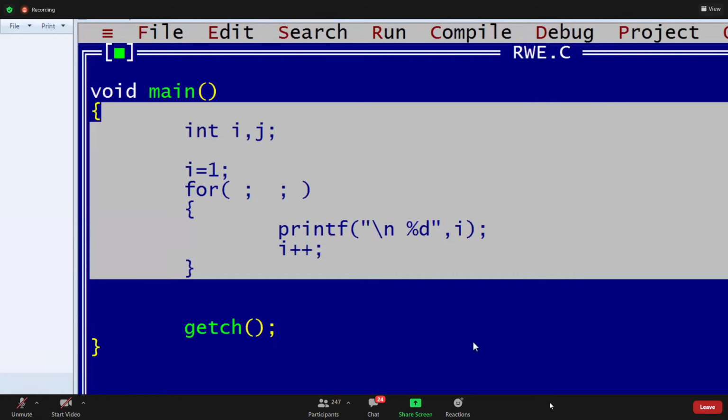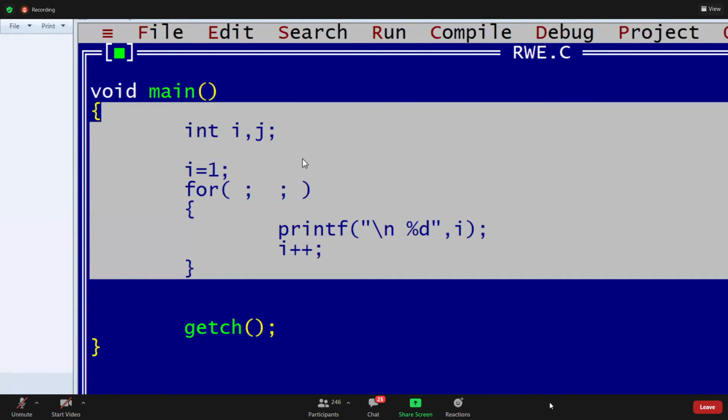Yeah, Chandru, good. Guys, tell me the output for this. Optional, right?